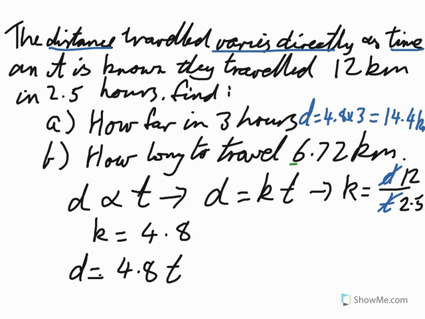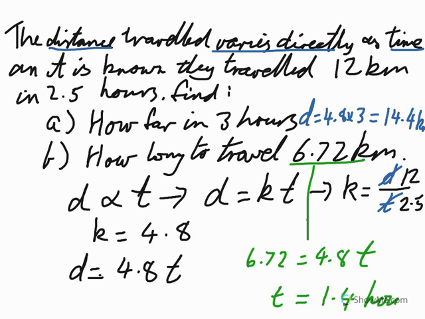And this one here, how long to travel in that? So 6.72 equals 4.8 times the time. Dividing both sides by 4.8 then gives us 1.4 hours. I think it's in hours. Yeah, well, it's in hours. I paraphrase this from the book, so I forgot to add that in. Of course, hours needs to be changed. Right, this is one of the things that, how you represent your results. So 1.4 hours